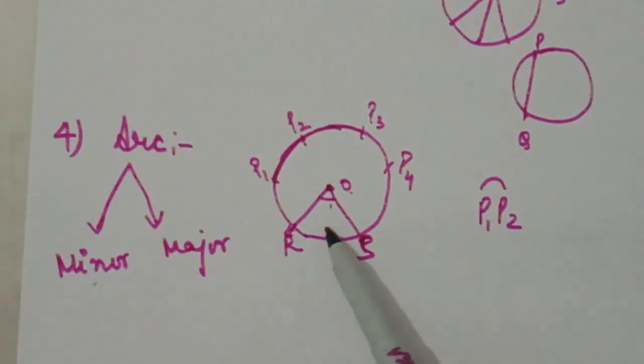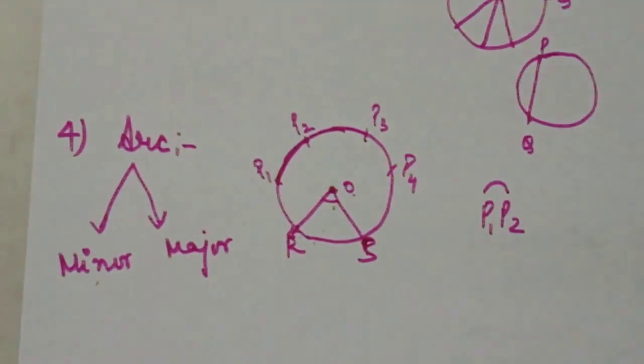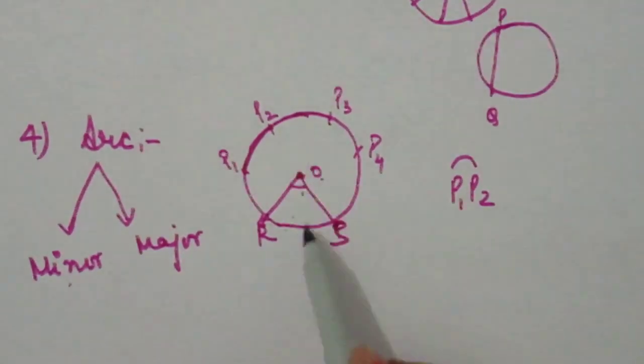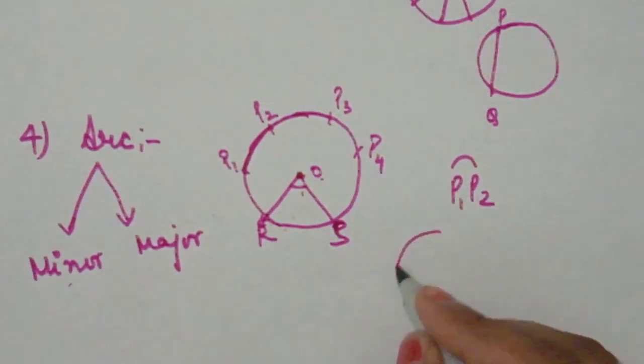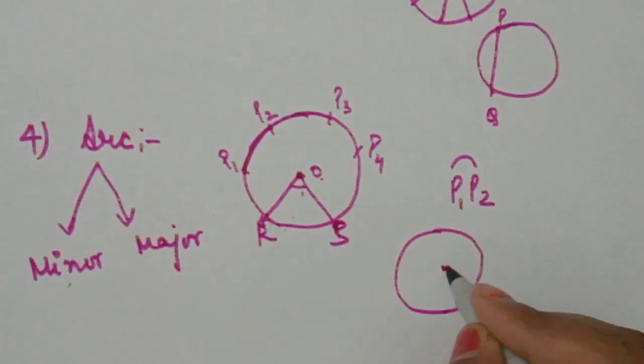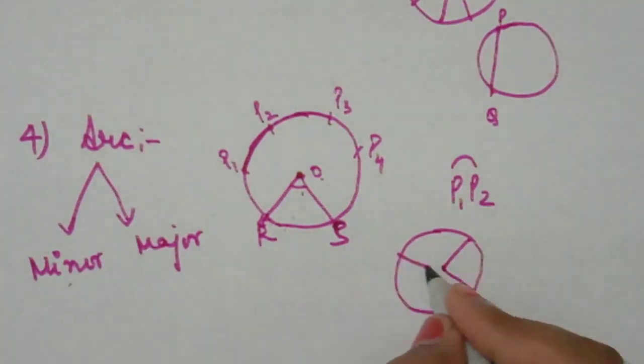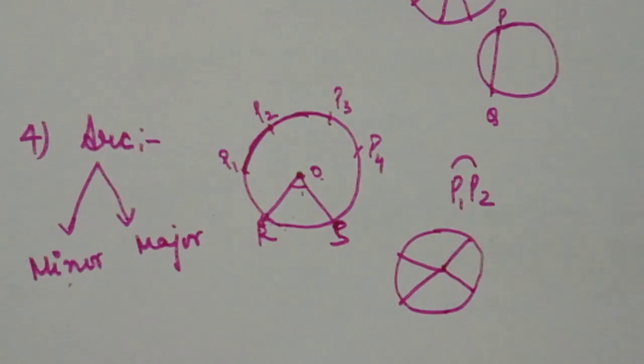Minor arc is an arc of the circle which is the collection of those points which lie on the inside of the central angle. So students, if we are talking about any continuous part of the inside of this central angle, we call it a minor arc. It is not necessary that the central angle always lies like this. If we take another circle, this is also a central angle. This is also a central angle. So an arc which is present inside a central angle, we call it a minor arc.